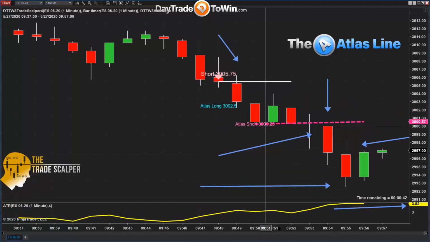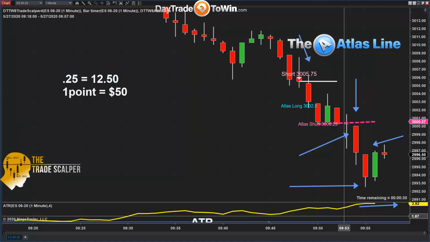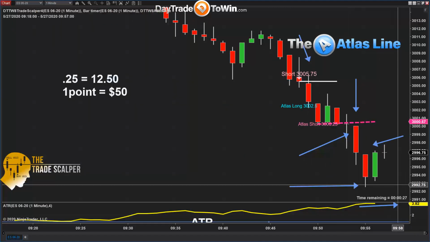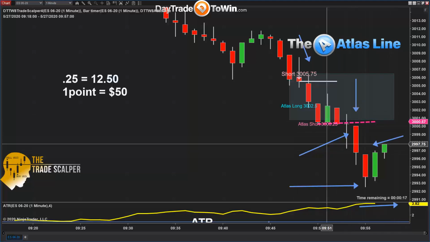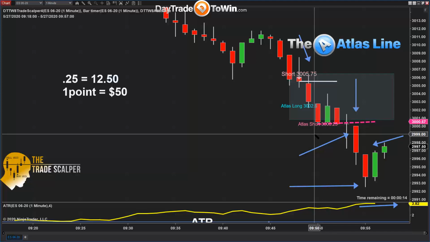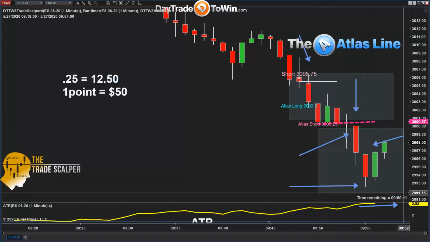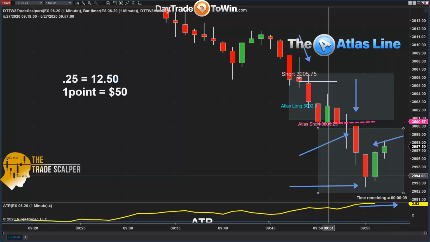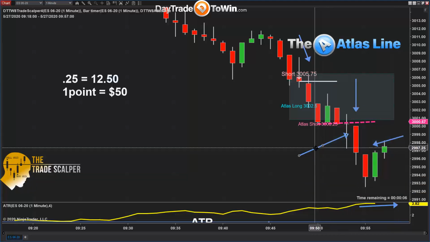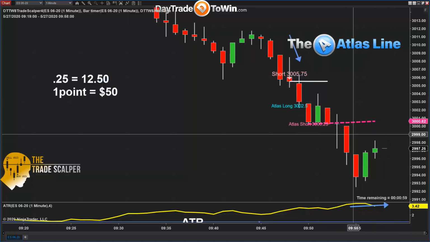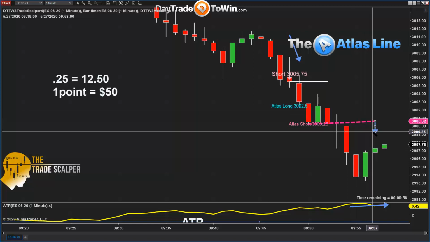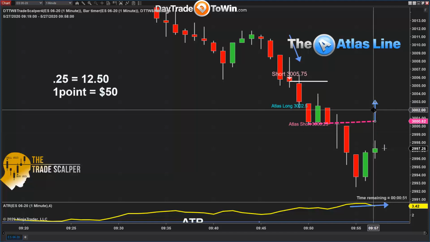And so the purpose behind the Atlas line, some of you are using it as a filter, some of you are using it for the signals, some of you are using it standalone. If the market trades above the Atlas line, it's a long trade, or long trades, or you want to be a buyer. If the market trades below the Atlas line, you are looking to sell it. Now, you just can't sell it at any specific price, or you can't just buy it at any specific price. There's rules that go along with this. But as long as we know that anything below the Atlas line, your opportunity is to sell it, and your opportunity is to buy it when it's above the Atlas line, then we can formulate some rules to be a buyer or a seller.